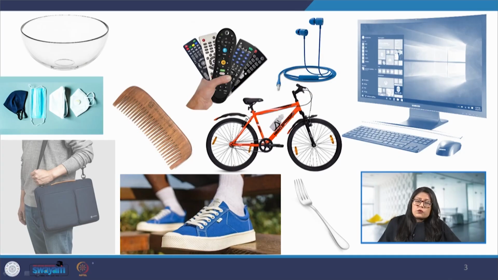When we think of interaction, we think of communication, and human beings have an innate requirement of communication. There are many other species as well who communicate, but probably human beings are the only species which have developed interactions and communication to such a degree that today we can communicate with somebody sitting on the other end of the globe as well. Similarly, we also interact with a lot of products on a daily basis, and in this course we will try to understand how we can design better interactive products for the users.